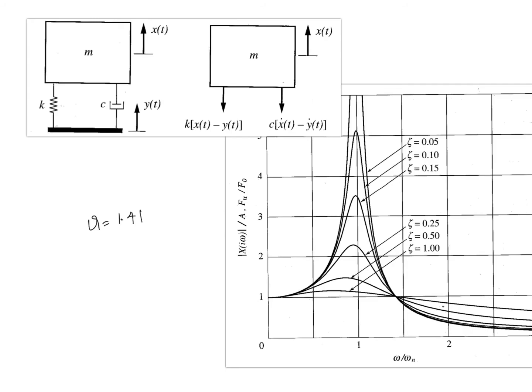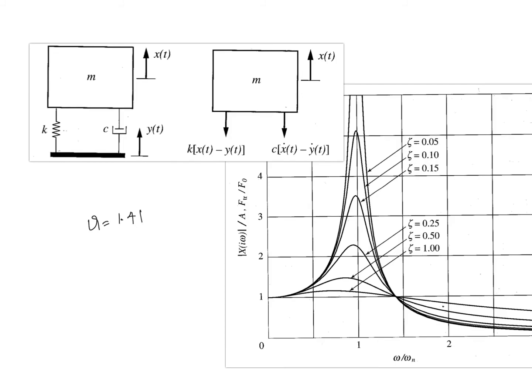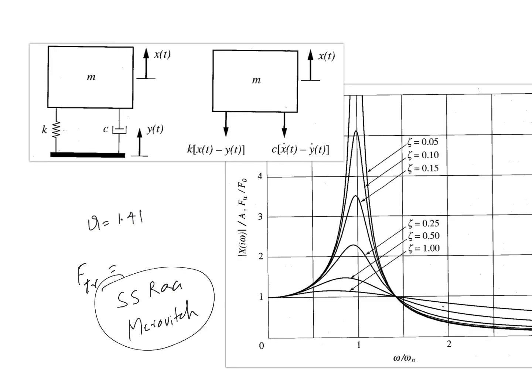One final thing, it may cause a bit of confusion, but it's worth discussing. In two textbooks, Meirovitch as well as S.S. Rao, they have given different expressions for force transmissibility. And they have different curves for displacement transmissibility in the two texts, one in S.S. Rao and the other in Meirovitch. So I think the best way to answer, whenever you try to answer this kind of question, is to try